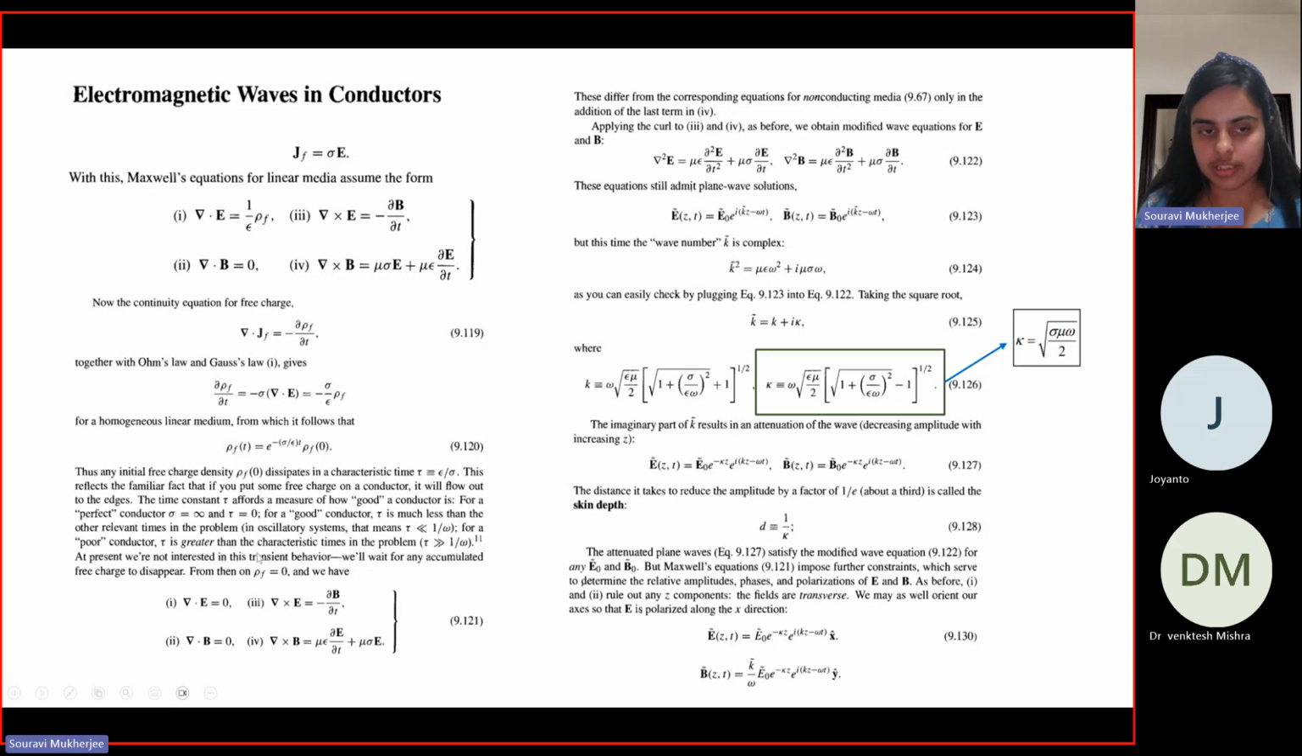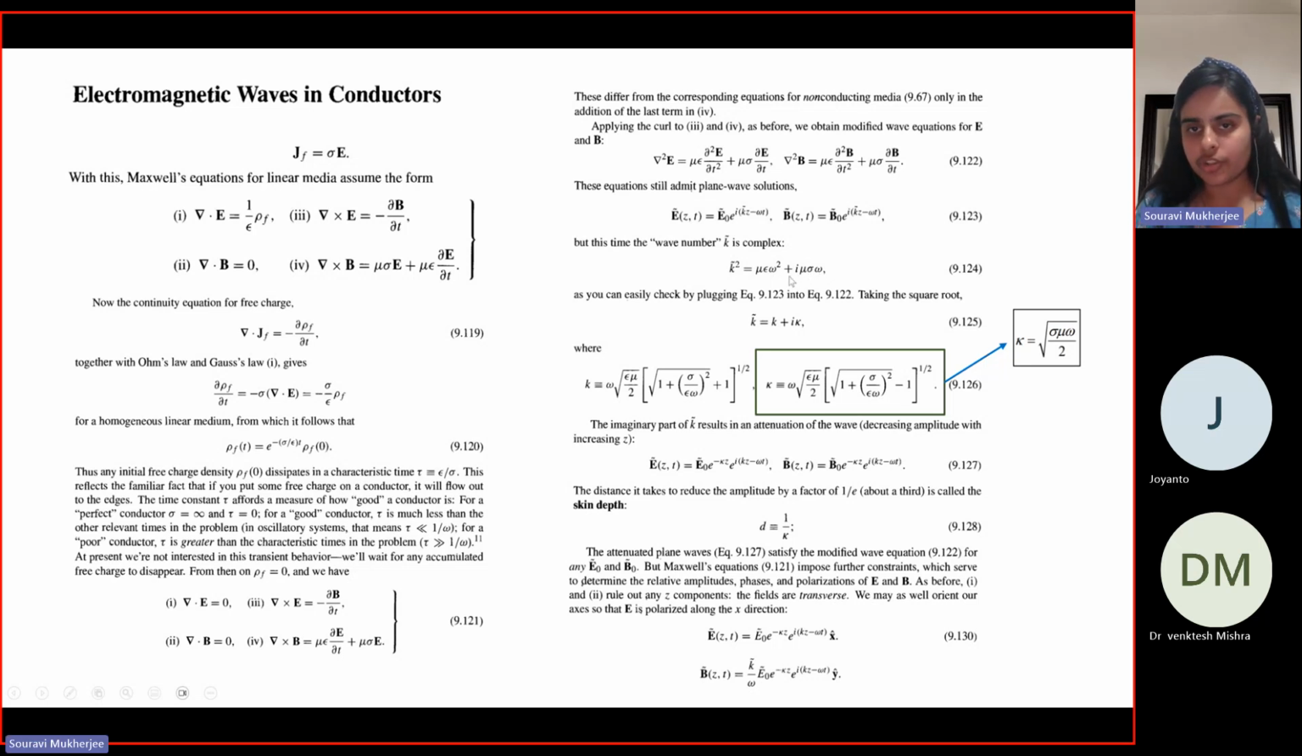But now we are not interested in the transient behavior, and we would concentrate on the time scales where this equilibration has already happened. So now all the charges are on the surface. If you consider rho f to be 0, this is how your Maxwell's relations will get modified. Because of this extra mu sigma E term, your wave equations will also have this additional term. Now, when you solve for this wave equation, you would see that your wave number will be a complex quantity with an imaginary